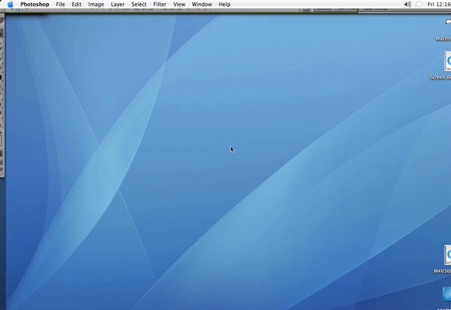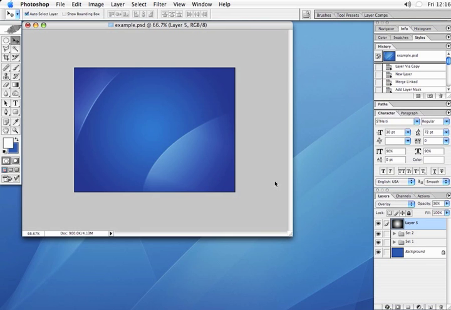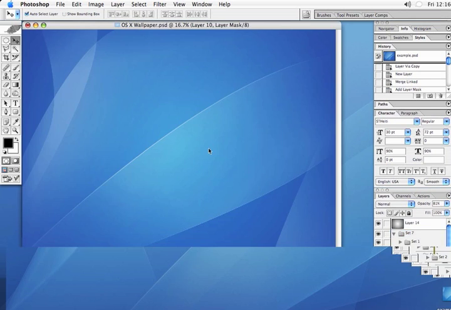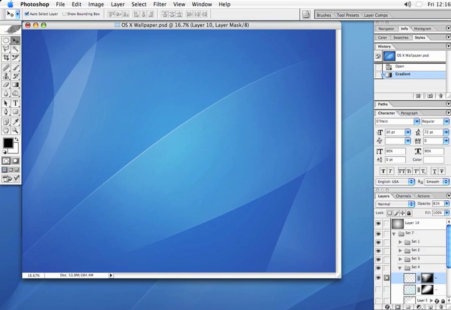Let's see how we stack up against the real one. It's pretty close. Here's my attempt at duplicating the original. I'd say that's pretty close. Not exact, the colors are kind of off, but